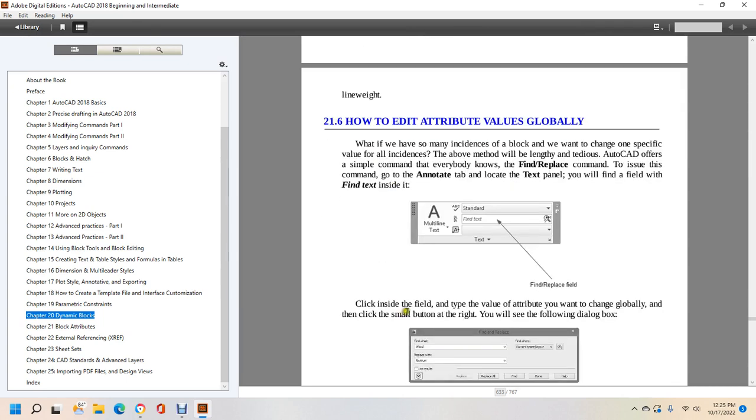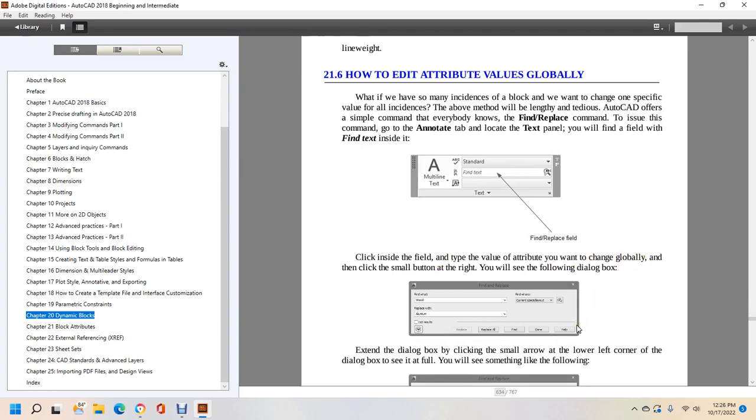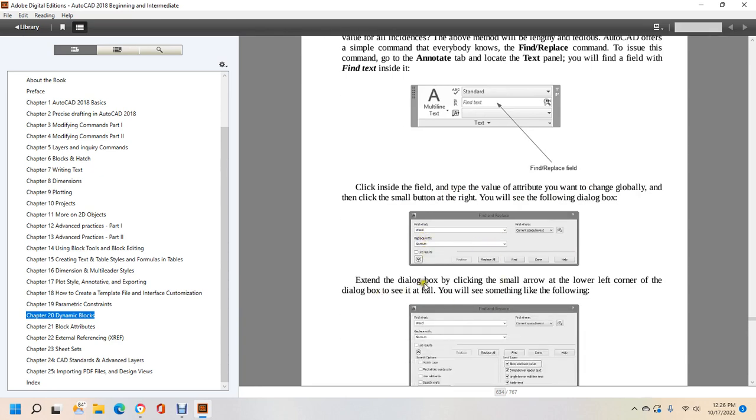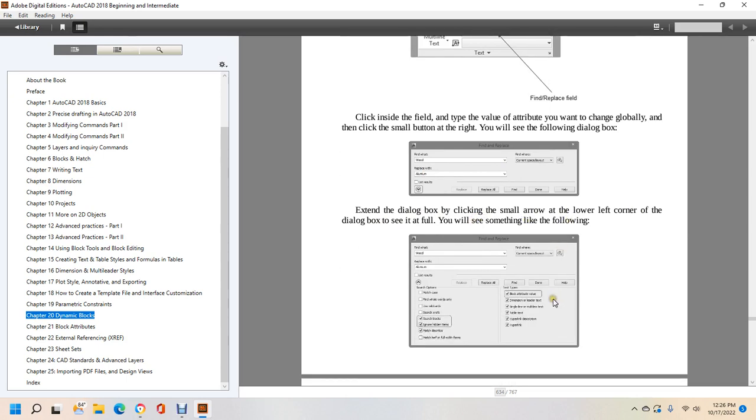Click inside the field and type the value of the attribute you want to change globally, and then click the small button to the right and you'll see the following dialog box: Find and Replace, Find what, Replace with. Expand this dialog box with the small arrow in the lower left-hand corner so it's full. You'll see Find what, Replace with, List results, Search options,